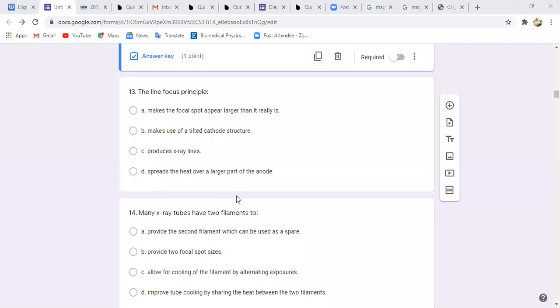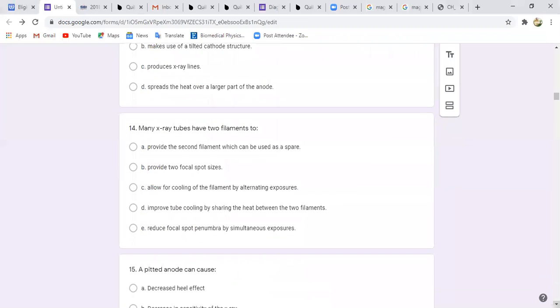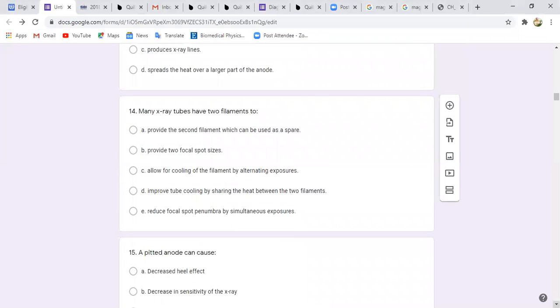Many X-ray tubes have two filaments. Why? Why do you have two filaments? Most, most. To provide two focus spots. Two focus spots. Yeah, just to provide